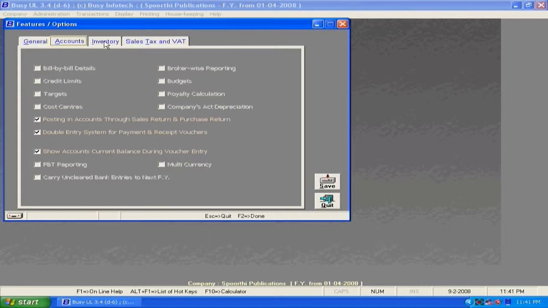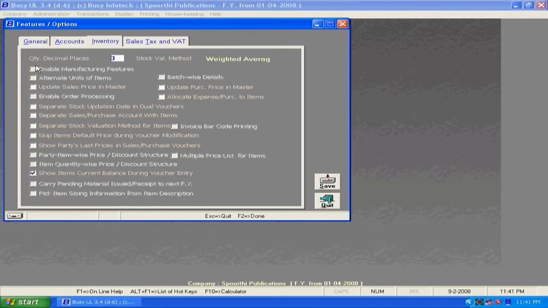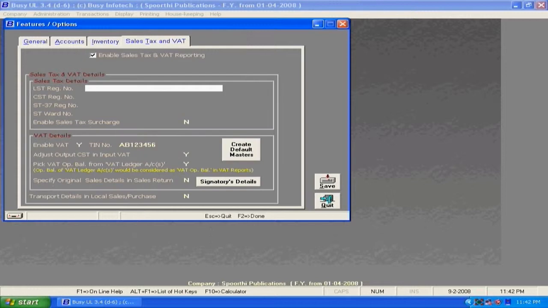Under inventory, these are the disabled fields. You can enable them accordingly to your inventory management.